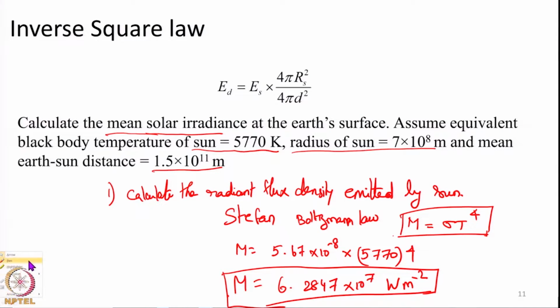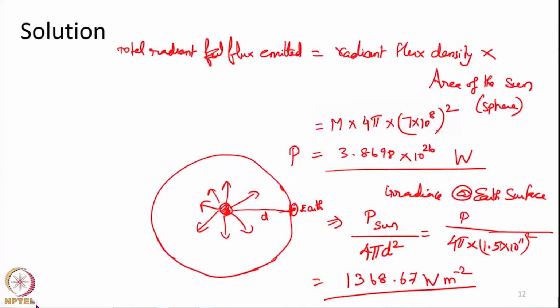We did a problem to demonstrate the inverse square relationship, where we used the sun as an example. We calculated the radiant flux density that will be reaching the earth surface from the sun. We calculated a value of about 1368 watt per meter square, and I also said we call this the solar constant, that is, on average this will be the radiant flux density from the sun that will be